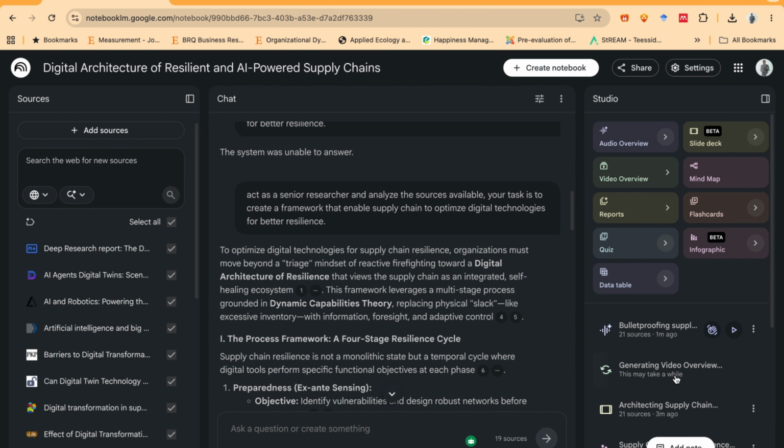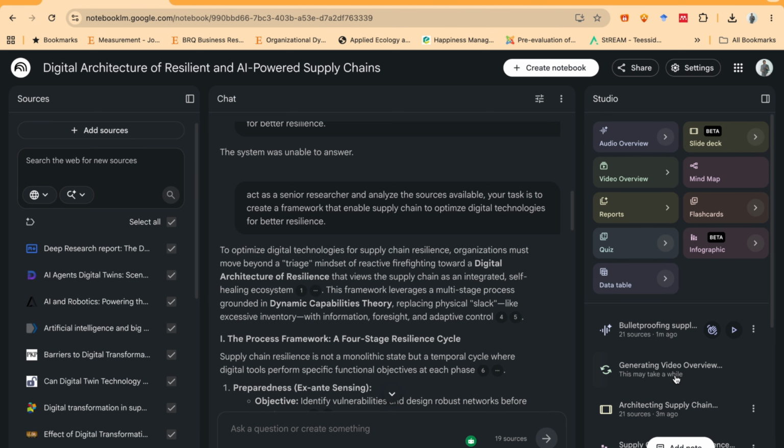And then we have a very amazing feature which is generating mind maps. So it can create mind maps basically from each concept. It will create the subcategories, and in each category, it will expand the discussion. And you can see that. And it's very simple. For example, if I want to analyze, this is for AI agents and digital twins for supply chain resilience. And if I expand that, the first important